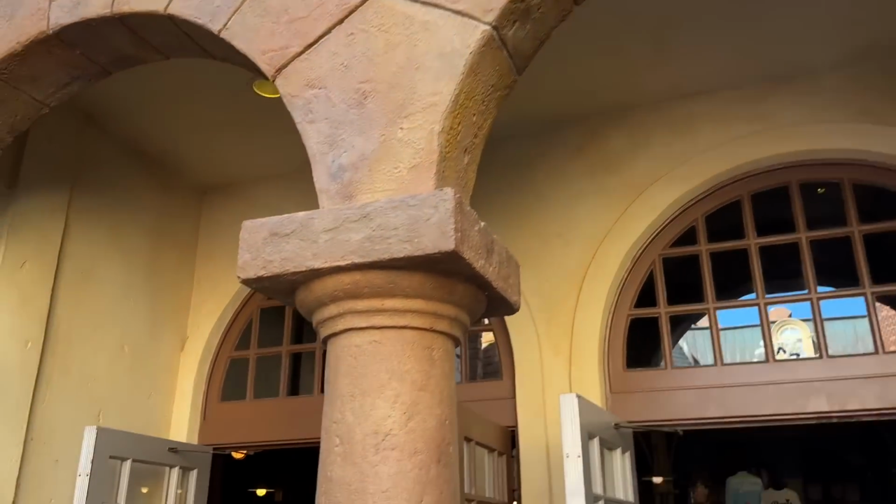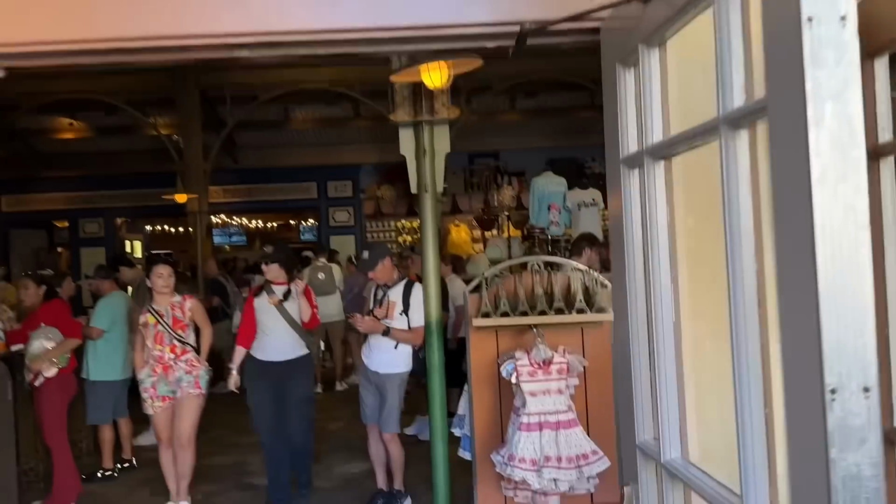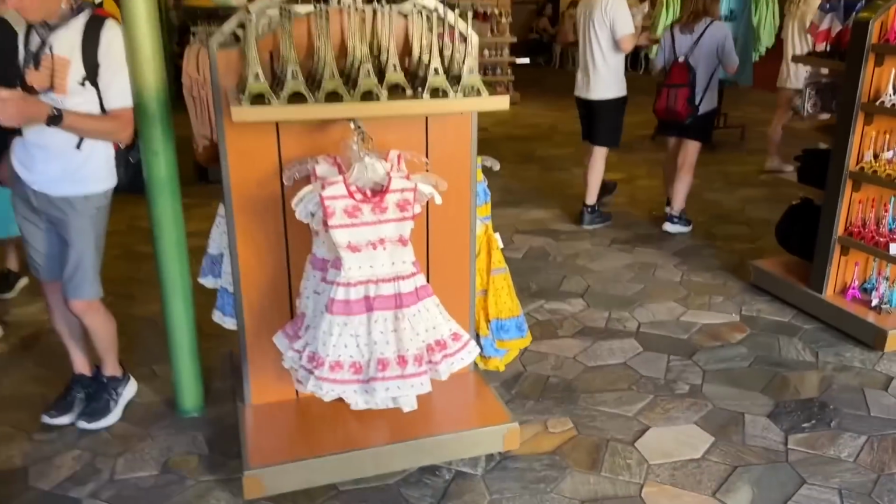Now, behind me, all the way tucked in the corner, there's a little place to get some food, and also another souvenir shop. And some of the food here is amazing. It's kind of a grab and go type thing. All right, we're gonna walk right in here. This is the first, you have a little souvenir shop,